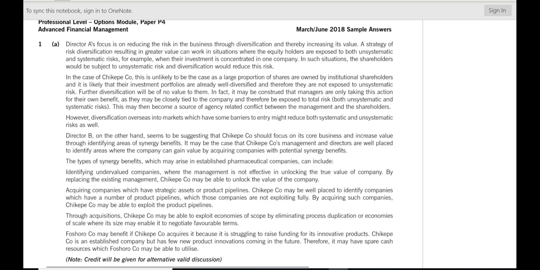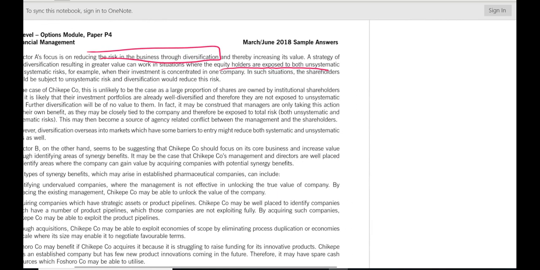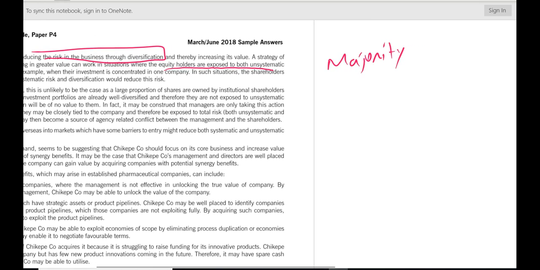Director A's focus is on reducing the risk in the business through diversification, and thereby increasing its value. A strategy of risk diversification resulting in greater value can work in situations where the equity holders are exposed to both systematic and unsystematic risk. But there is a debate. The majority of shareholders